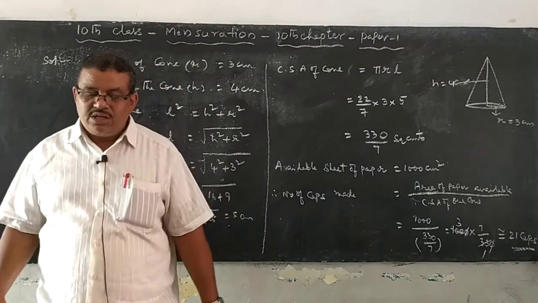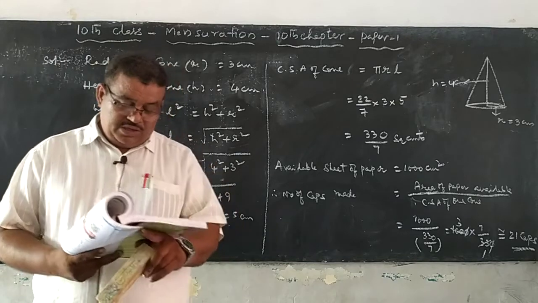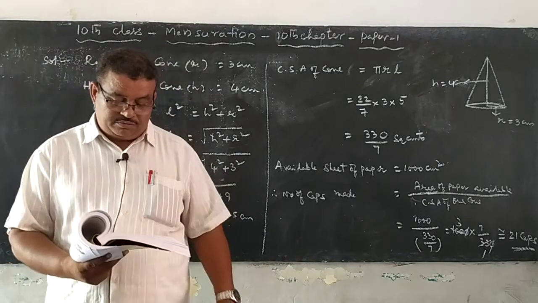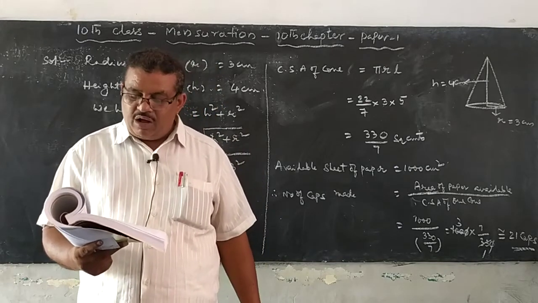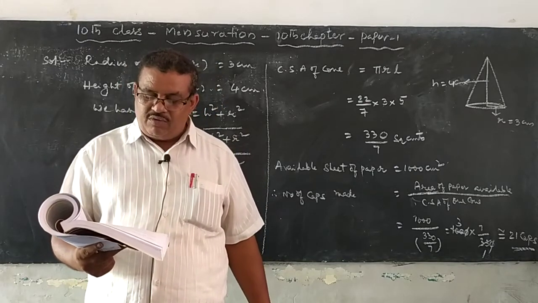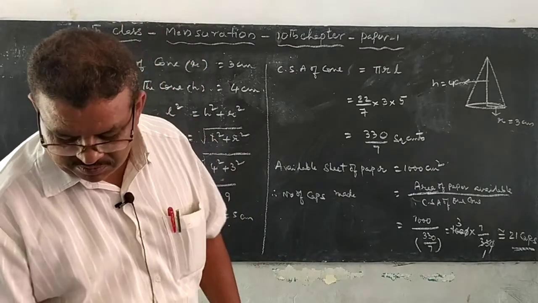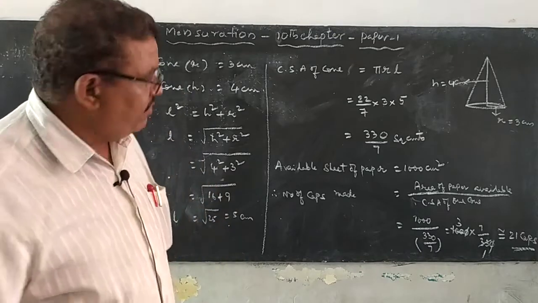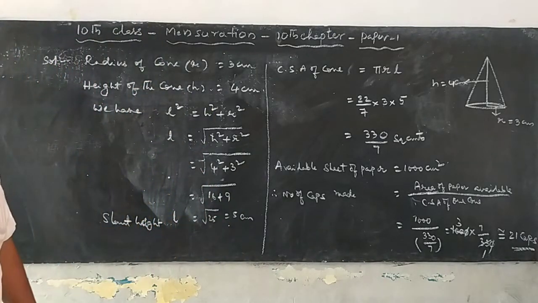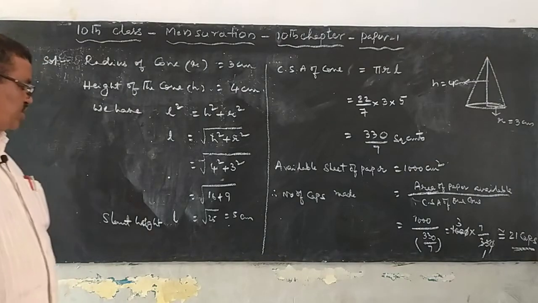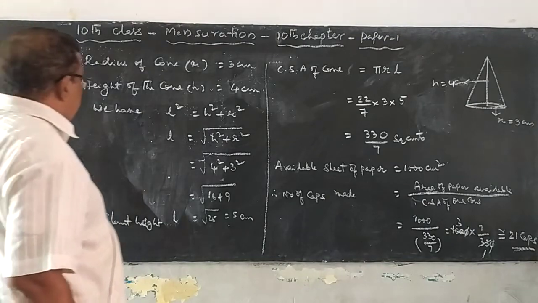Okay, children, these are the two problems we have to discuss in this class. Go through the next problem, the sixth one. A cylinder and cone have bases of equal radii and equal heights. Show that their volumes are in the ratio 3:1. Very simple one, previous problem model only. Fourth problem model. Take a screenshot of this one and afterwards write it in the classwork, children. Now we are going to discuss the sixth problem in the exercise.